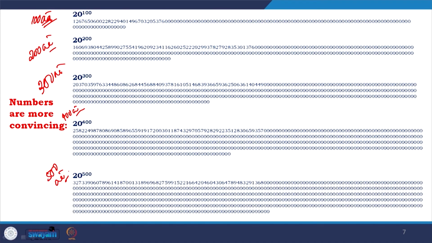So, I am not even saying the number. You look at the number, you look at the zeros, and you will be convinced this is not possible for the human brain, this is not possible for simple computing. So, you need prediction, you need logistics there, you need bias, and that is why machine learning is important.